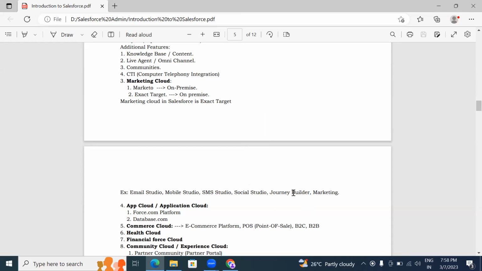And not only this, they have given one more feature in Marketing Cloud called Journey Builder. What is this Journey Builder? Journey Builder is basically used to synchronize the data from marketing to sales applications, because